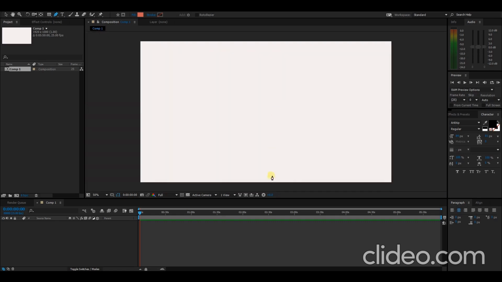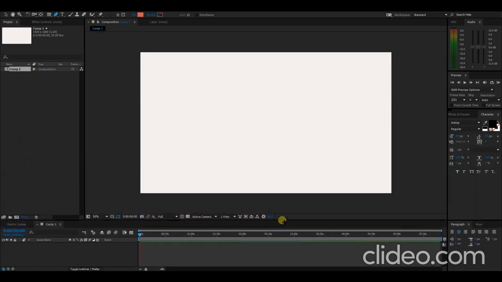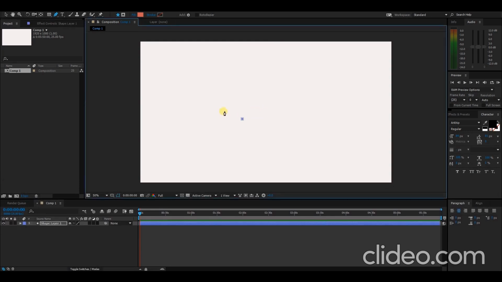So if you want to make the screen bigger, you can drag around your timeline and zoom in to your canvas. Okay, let's start drawing. I'll have to be honest, it's not something that is easy to get if you're a beginner,